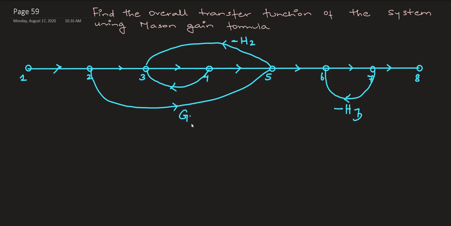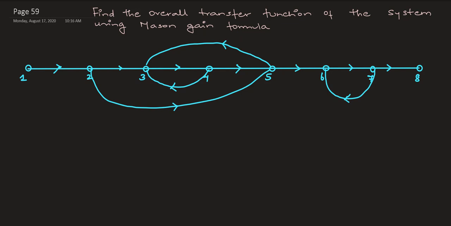So I have a negative gain of H2, negative gain of H3. Whatever is written over a branch, we call it the gain of that branch. In the system, it is the gain between nodes 6 and 7, right? Between 1 and 2, you have a unity gain of 1. And what do we have between